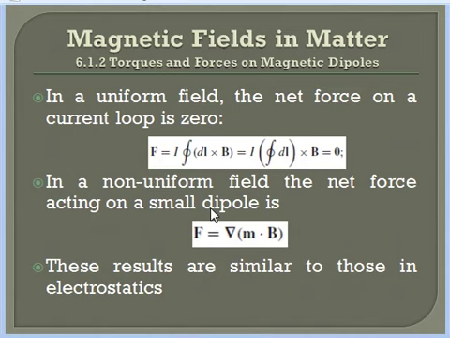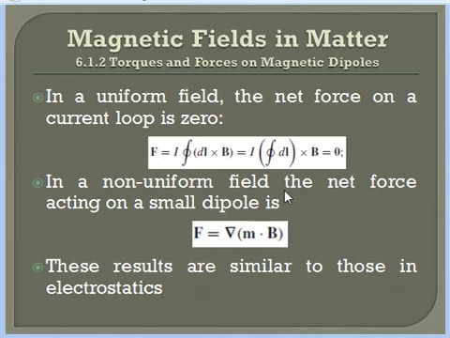So in a uniform magnetic field, the net force on any current loop will be equal to zero, because F is equal to I into the integral of dl cross B. If we take the closed loop, because the loop is closed, we can take a closed line integral of dl cross B. Out of that, B can be taken out because it is uniform. Then there remains the closed line integral of dl. The closed line integral of dl of a closed loop of any shape will be equal to zero. So we can safely say that in a uniform magnetic field, the force acting on a closed loop of any arbitrary shape will be equal to zero.